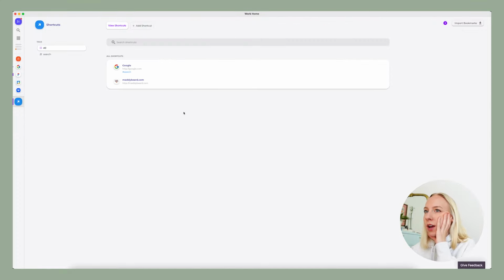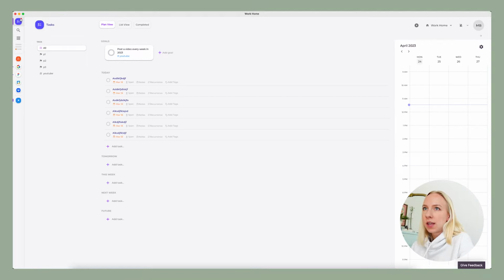Does this save you time if you have to go into your shortcuts app and then click on the shortcut? I'm wondering if instead of shortcuts, this should actually be bookmarks, because I'm thinking about shortcuts as something that lives, let's say this is our main app, a shortcut would live on this top bar so you could always get to it. But